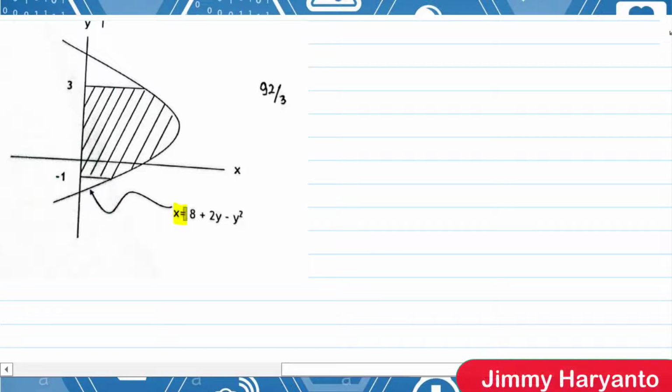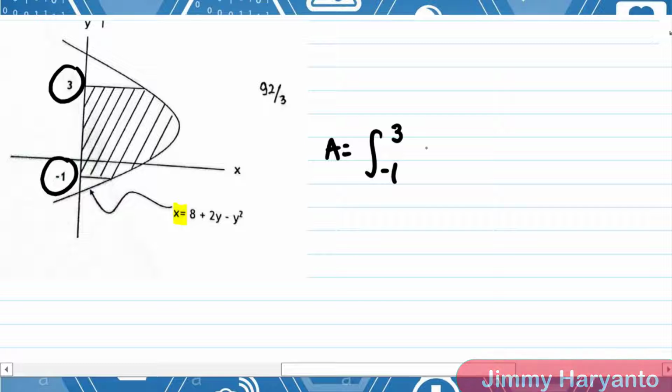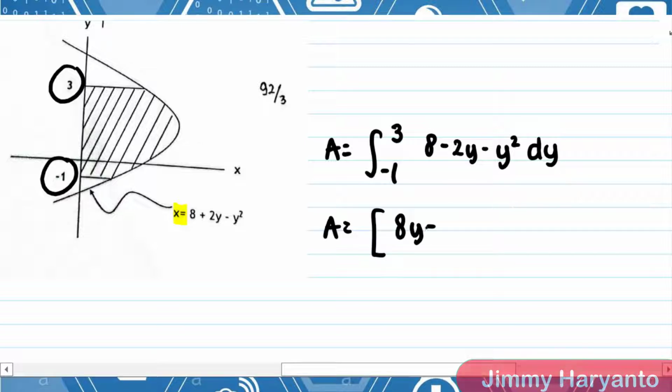The function is already x equal to, and the boundaries are already there, -1 and 3, so we can find the area easily. The lower limit will be -1, the upper limit is 3, and then the function is 8 minus 2y minus y square dy, and then you only have to integrate it, 8y minus 2y square over 2